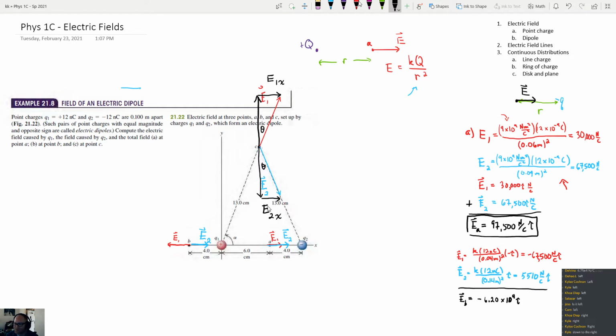Just like you do with forces, right? You break everything up into x and y components, and you add the components together. So what we know is that the electric field at point B, oh, this is point C, isn't it? Is going to end up being equal to the sum of what E1x is plus E2x. And we also know that the values of those will just be equal to whatever E1 is multiplied by,